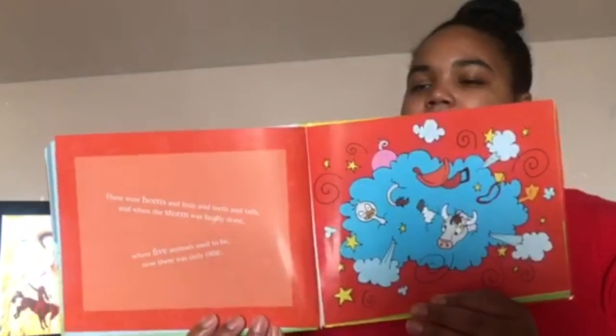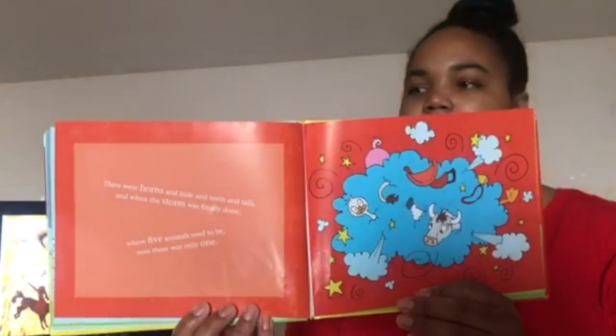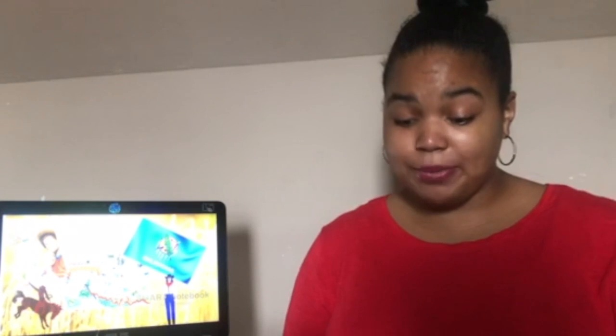Where 5 animals used to be, now there is only one. One animal. What happened? It's a scranimal. 5 scrambled animals inside of the big red barn. It was a scranimal. 5 scrambled animals